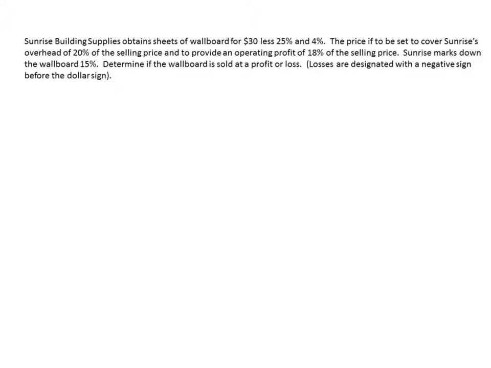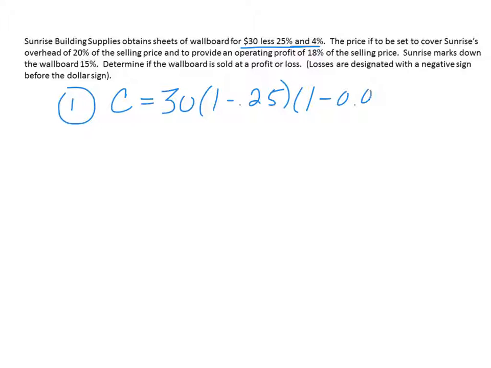Our first step into finding whether we have a profit or loss is finding our cost. So to determine our cost, we do have a trade discount which will need to be applied. So our cost is equal to our $30.75 less our 25% discount less our 4% discount. So that gives us 30.75 times 0.96, and that'll give us a cost for the wallboard of